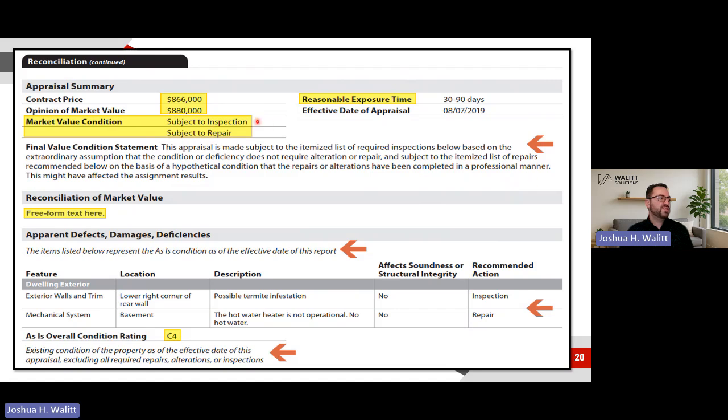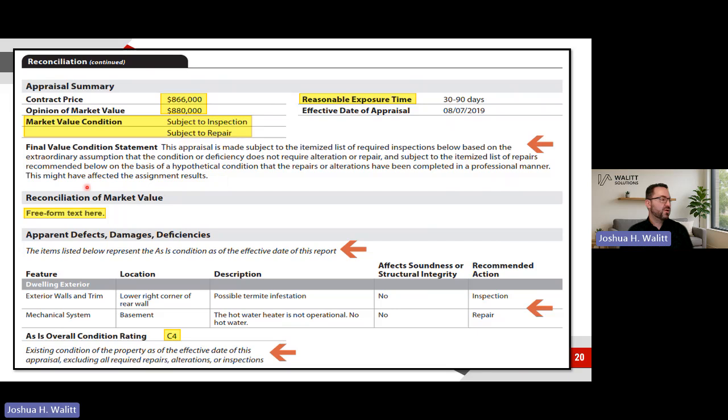I've made it subject to inspection and subject to repair. And so we literally just have a standardized language here that says, in this case, it's subject to the required inspections, and it then makes a second part of the sentence since you have two conditions there, and it's subject to the repairs. And it also has that this might have affected assignment results, which is a USPAP required statement.